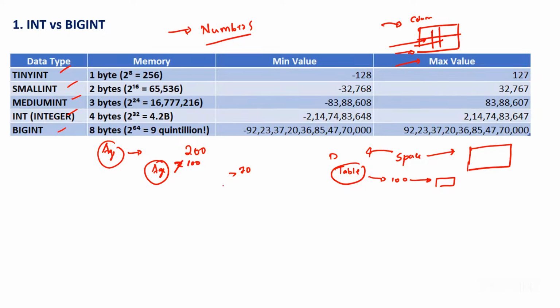Yes. Now what about, let's say, 125 years? Now, your organization is targeting the age group of 20 to 60 years, and I know that beyond this age group my data might not come into this particular column. I'll go and use tiny int,